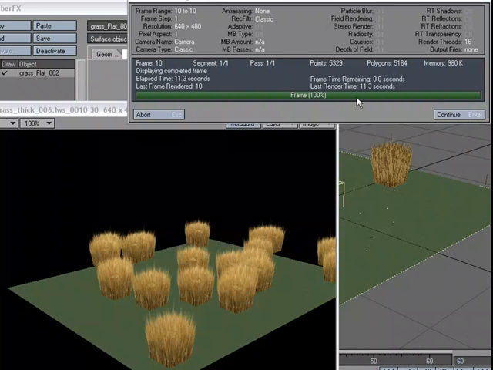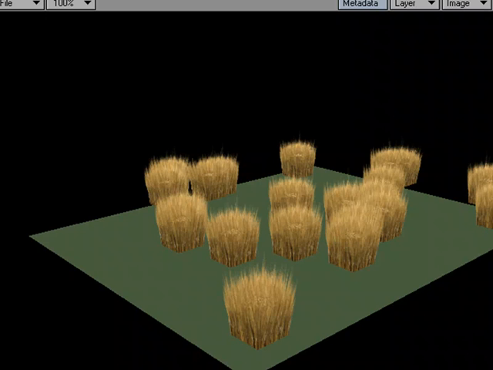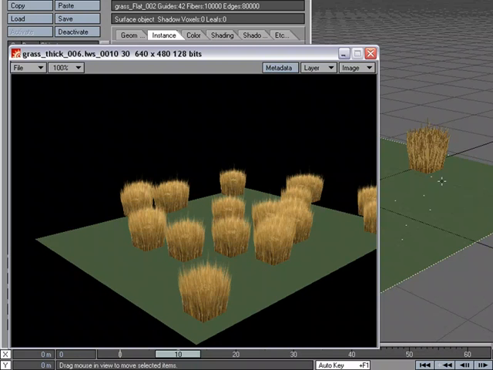Okay, so in 11.3 seconds we can see our instancing going on. I wanted to go ahead and do a render because OpenGL is only going to display so many fibers, and as you can see there are some fibers here that aren't showing up here, so it'll give you a good idea what's going on. We only set up this center one, and then using instancing with those particles we were able to